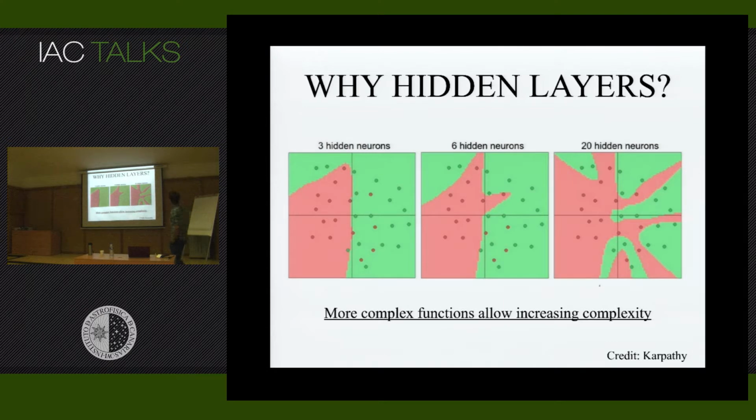But why do you want hidden layers? Again, hidden layers make your network function more complex. You're introducing more parameters and more nonlinearity, which means that you can create more complex functions. So you can solve more complex problems. For example, in this classification problem in which you're trying to split the red points from the green points, depending on the number of hidden neurons that you use, you will be able to create some complex boundaries, okay? Now, if I ask you to separate the green and the red, it doesn't mean that this solution is better than this one, right? Why?